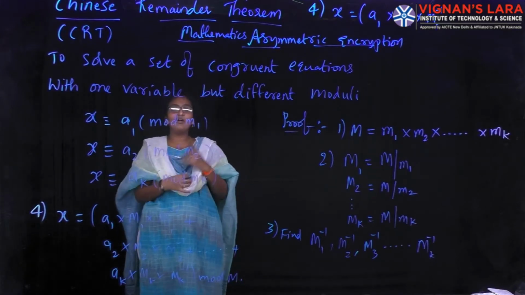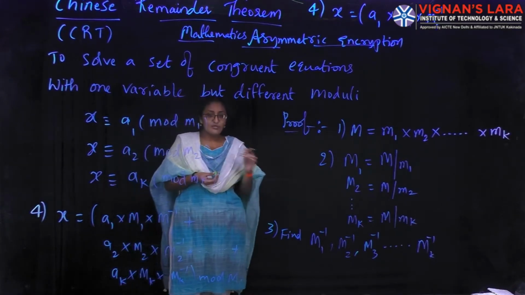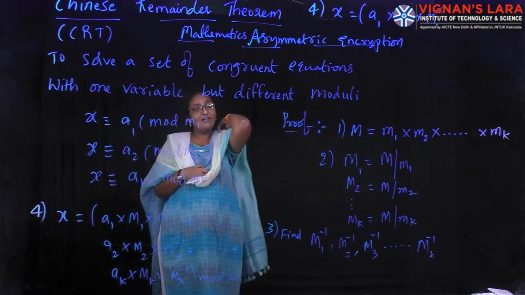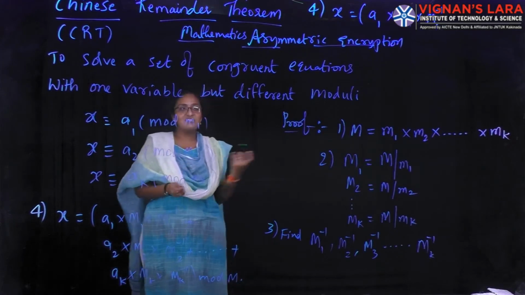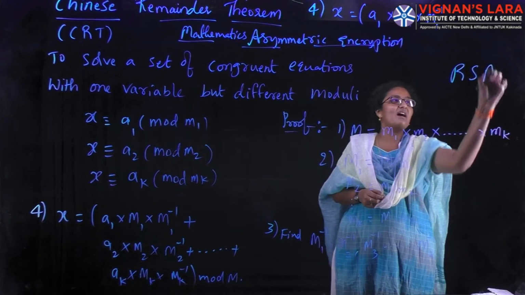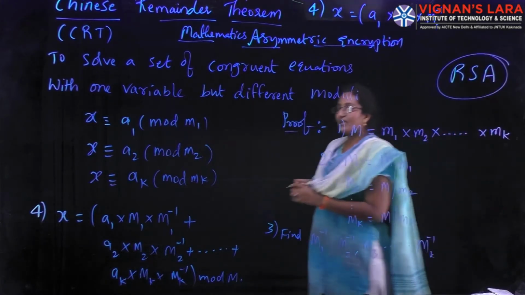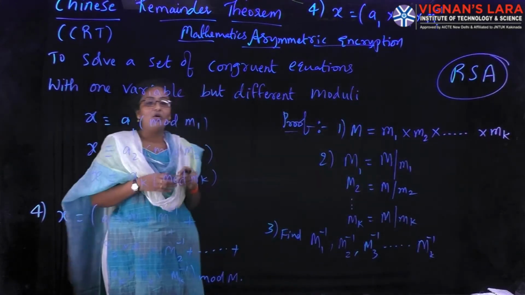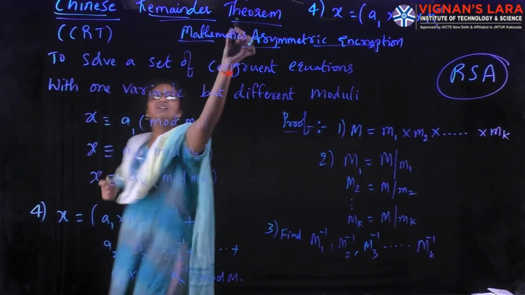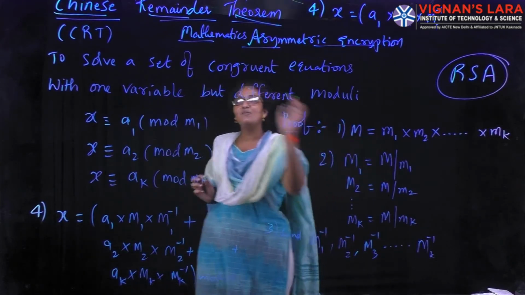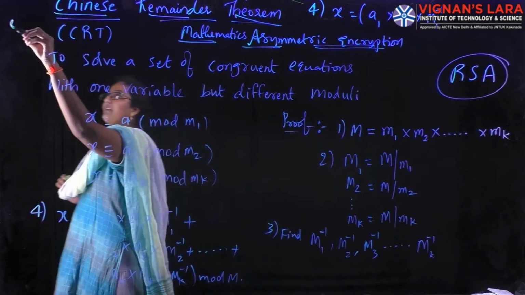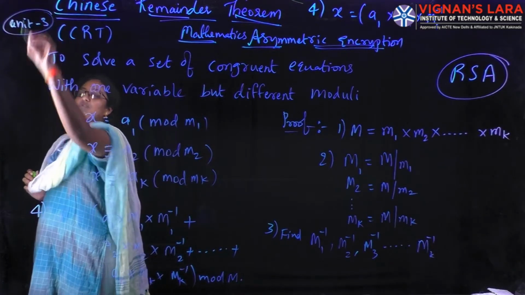Now, what are those algorithms actually? We have AES, DES, triple DES, all of which come under symmetric encryption. Now what is asymmetric encryption? In the last class we also discussed the RSA algorithm. This RSA algorithm comes under asymmetric encryption. So as a continuation of all these things, I wanted to tell you the Chinese remainder theorem. The Chinese remainder theorem is the mathematical part. This will come under mathematics of asymmetric key encryption. This topic is from unit 3.